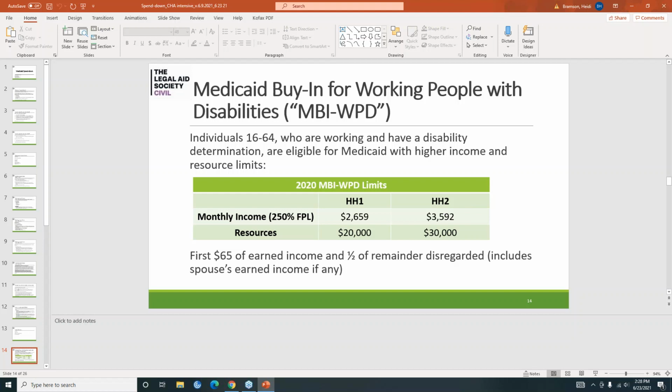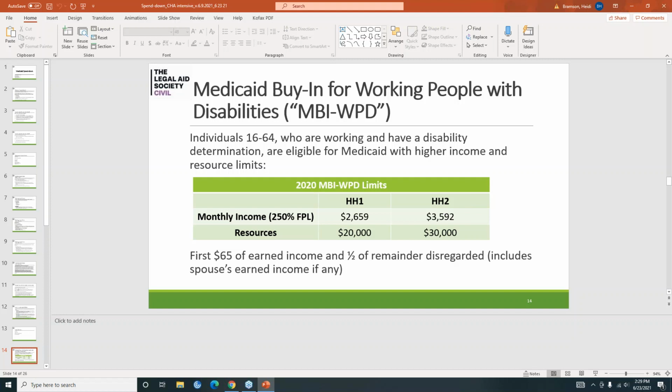So this is actually just a really wonderful program. It allows people to work and still maintain their Medicaid. I think it's a good program to have because it supports people being independent without worrying about losing their healthcare coverage.